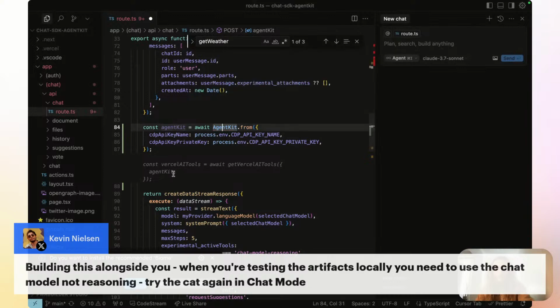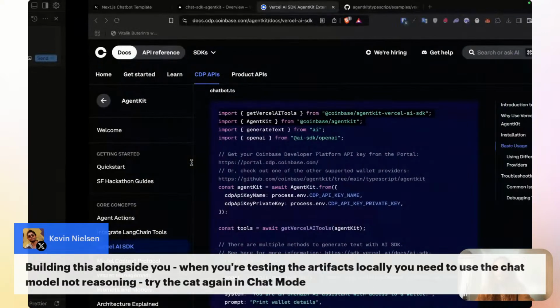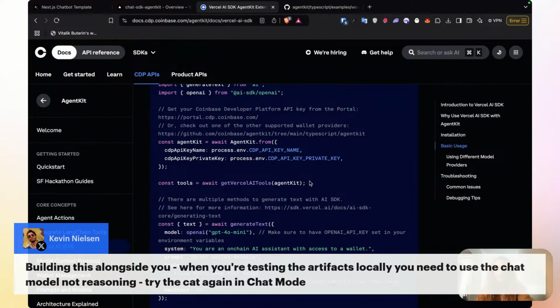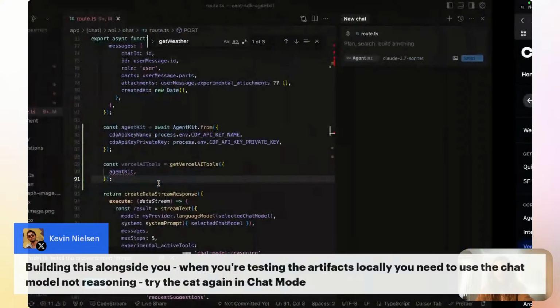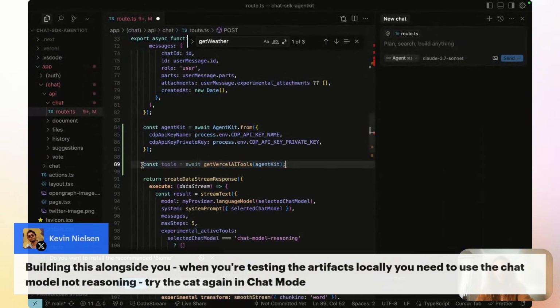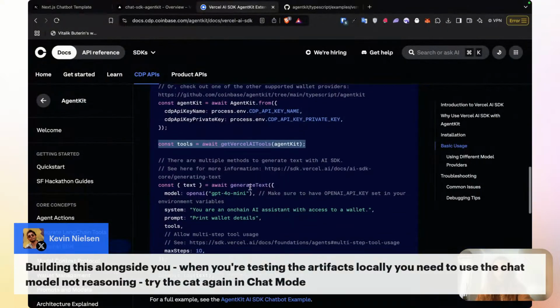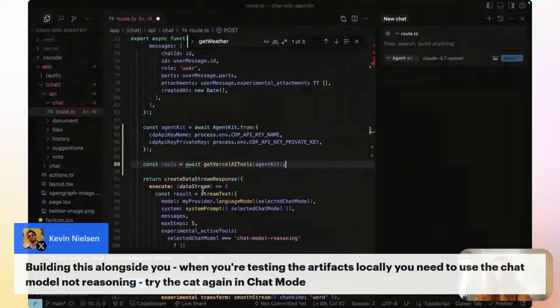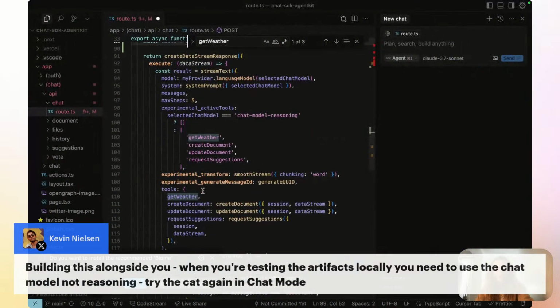And then it already is assuming that I want to get those Vercel AI tools. So I'm going to do that. Let me see if I'm doing that right. I am not. It passed it in automated as an object, and that's not what we want. So let's get our tools from AgentKit. And then after that, we should just pass our tools in. So what I'll do up here,